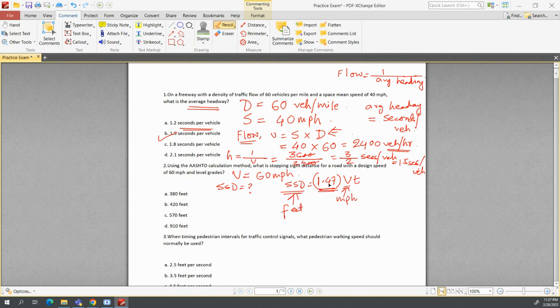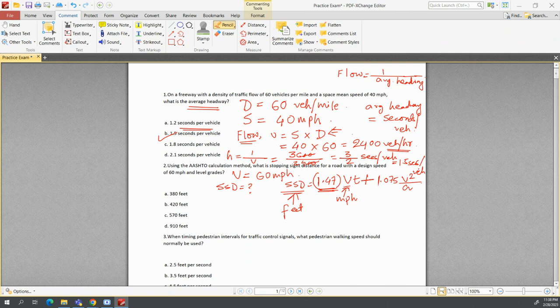But all these equations you will already get, so you don't need to memorize them. You will have all this with you. But still, for some clarification, I'm giving you some explanation. This is the part where the driver realizes that he needs to pull the brake. The second part is the distance taken by the driver to actually stop, which is 1.075 times V